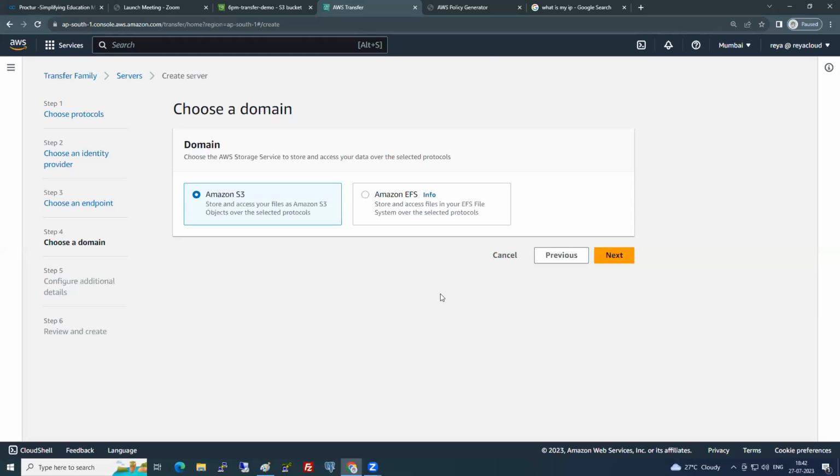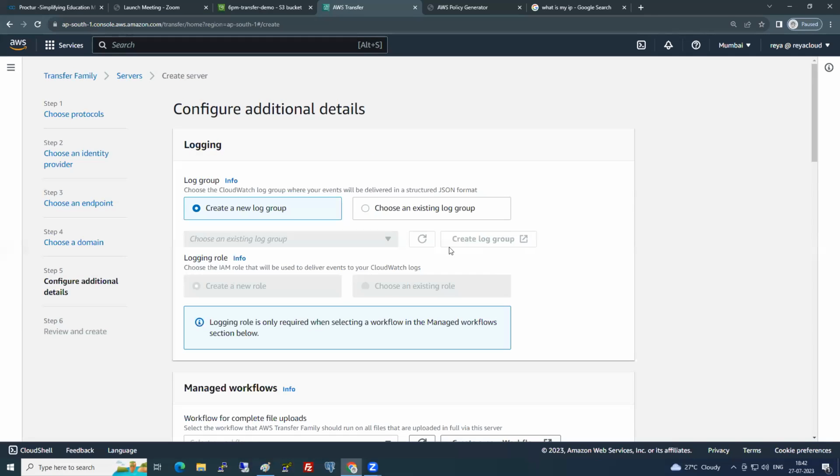To where you want to do SFTP? S3 or EFS? S3. Can we take S3 now? Okay. Can you take EFS also? It's up to you. So I'll go with the S3. I'll click on next. So now,